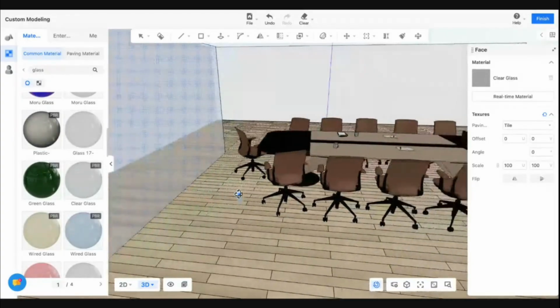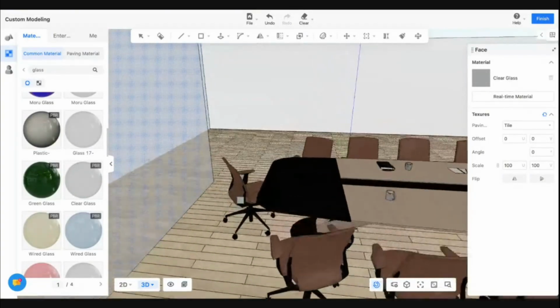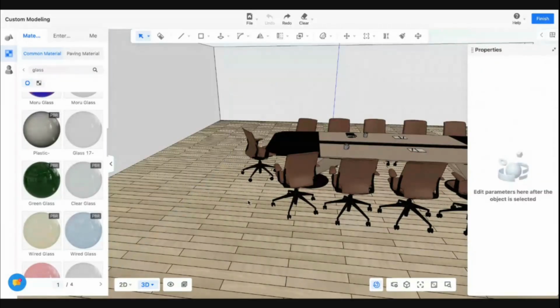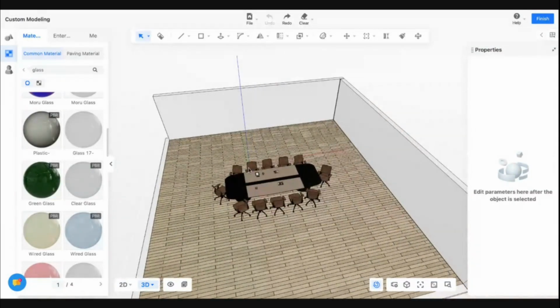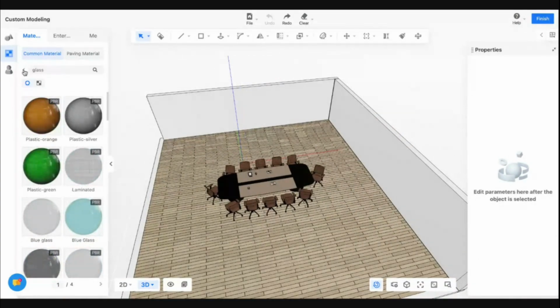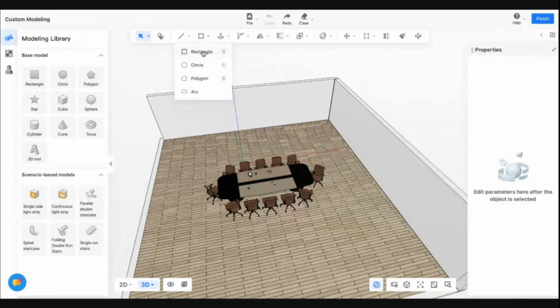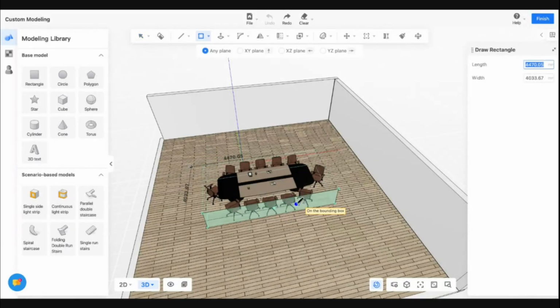Yeah, so the answer is you need to use custom modeling with the glass. First thing, I suggest you make a square or use a cube. I think a square is fine. So for example, a square here,